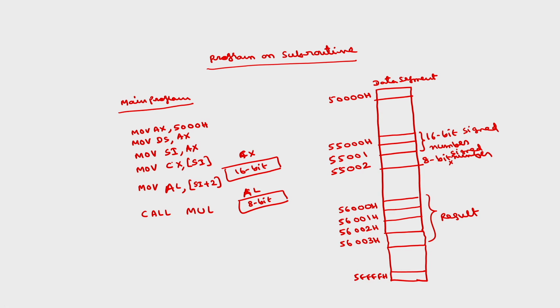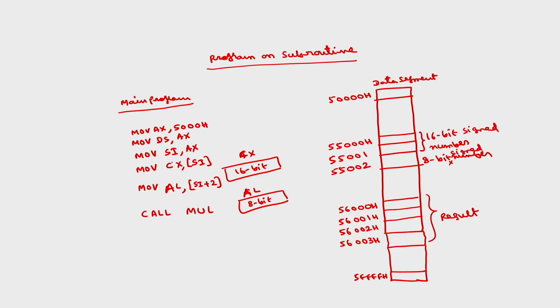Okay. So I will write the multiplication subroutine somewhere. Before writing this subroutine, I will discuss what is required in the main program. Whenever you want to call a subroutine, you have to initialize the stack segment and stack register. Okay. So here we have this data segment. Similarly you have to define the stack segment also.